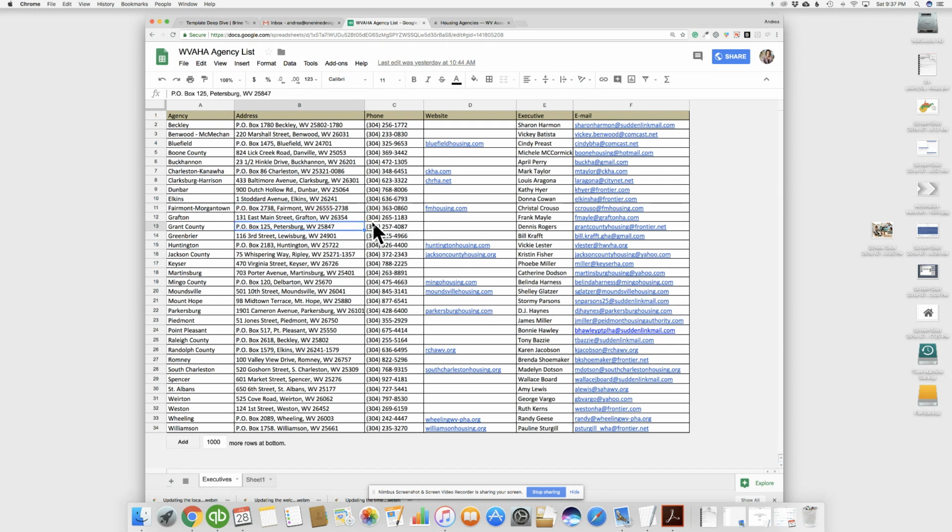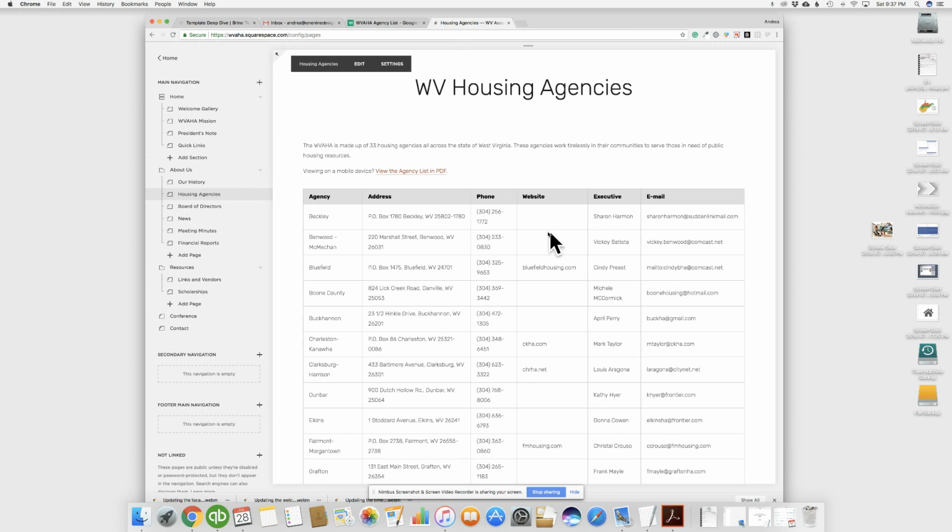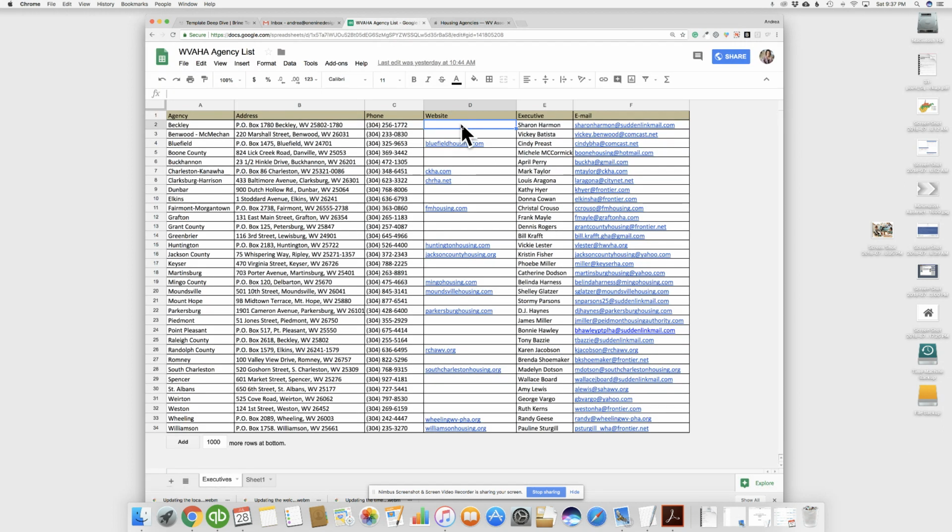As soon as I make an edit, it's going to tell me up here that it's going to save automatically. So for example, let me type in here, and we'll just show you how this works. Hopefully this doesn't prove me wrong. You can see here that the Beckley website is blank. But if I go here and say that this is the Beckley website, and actually for the website,